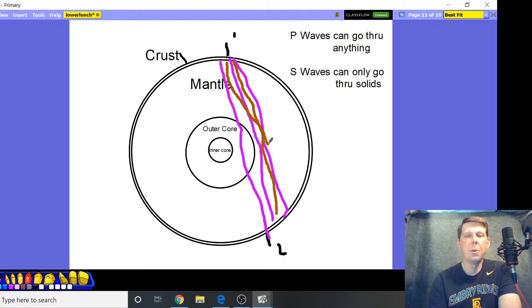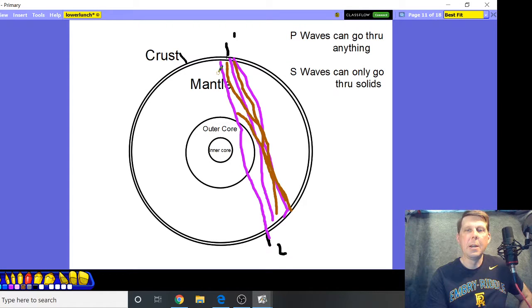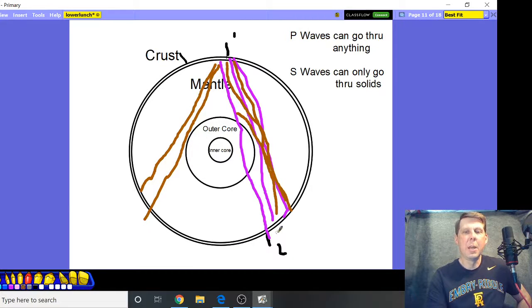It's going to go through the solid and the solidy liquidy material, but it's not going to go through this outer core, which is liquid. So we're not going to get any S waves going through there. Right here, there's going to be this void where we're not getting S waves. So we think there's something liquidy in the center, because the S waves would go this way and we'd pick it up at a seismic monitor over here. We can get S waves going through the rock. Remember that magma is sort of rocky. We're going to get S waves, but not on any of these monitors here,